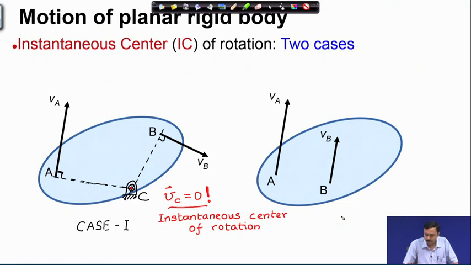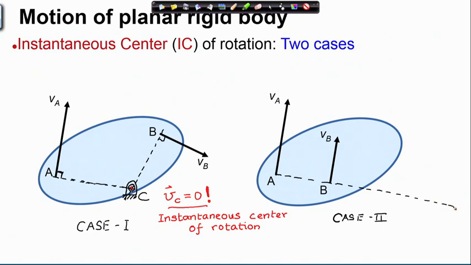Now, we come to case 2. The velocities of the 2 points A and B might be like this. I can of course draw a common perpendicular direction, but beyond this I do not have a clue how to locate C. But then remember, if some point is to be hinged, which is the instantaneous center, then the velocities of these points A and B must be proportional to the distance from that point. So, therefore, if I locate it this way,